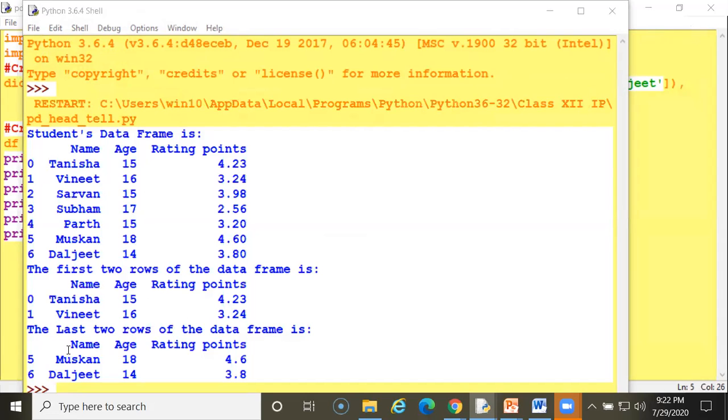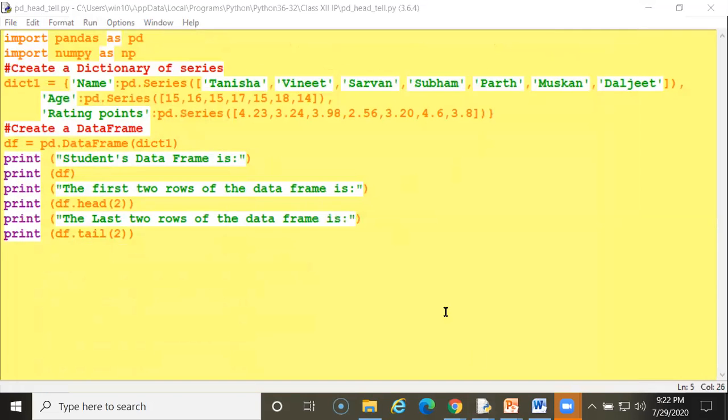Beginning rows, ending rows. The head function displays the top rows, and the tail function displays the last rows. You can give the range value. See, I am showing here. Here I am giving first three records. I want to display Tanisha, Vineet and Sharvan as head 3, and tail 2.